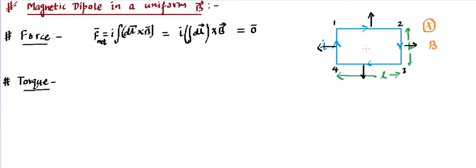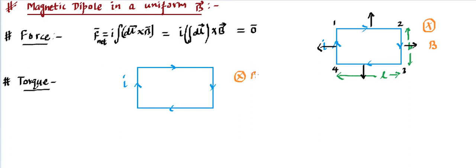So let me redraw the same picture and try to analyze the torques. And if we are able to understand this torque properly, how it is coming, then it will definitely help us in several questions in future to visualize how the torques are acting, in which direction they are, and how much they are. So I'm drawing the same loop over here. That means I'm repeating the same picture, and it is placed in the same magnetic field, and exactly the same story is going on.